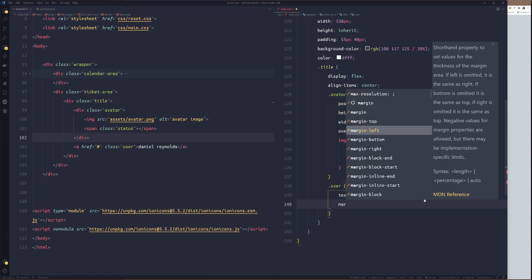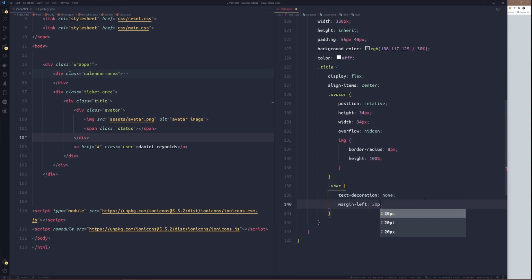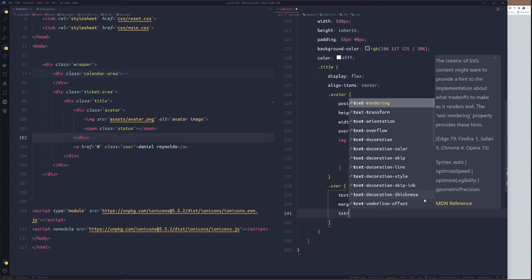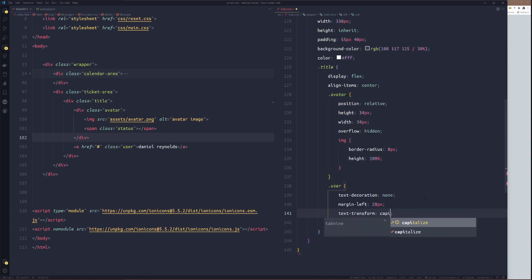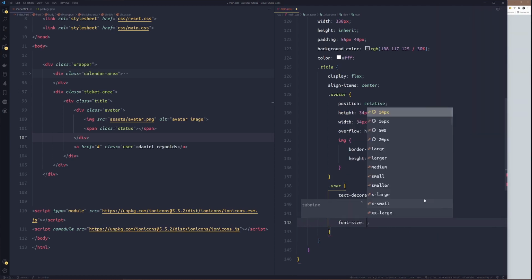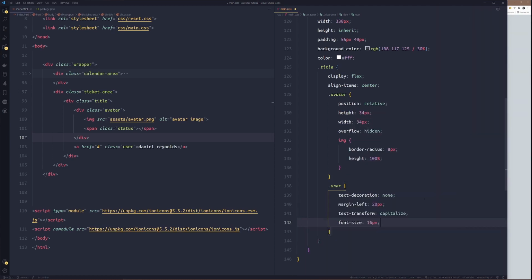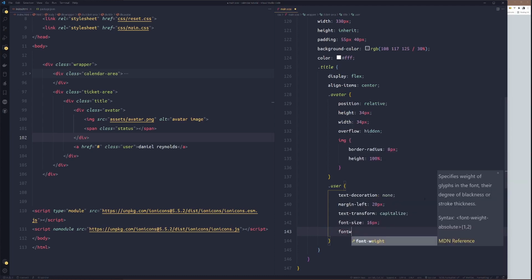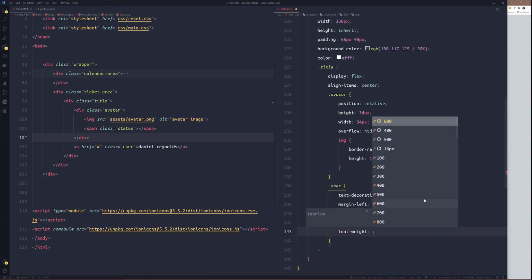Margin left could be 20 pixels to push them out from the picture. Then text transform capitalize, while the font size is set to 16 pixels. Then font weight will be 700.